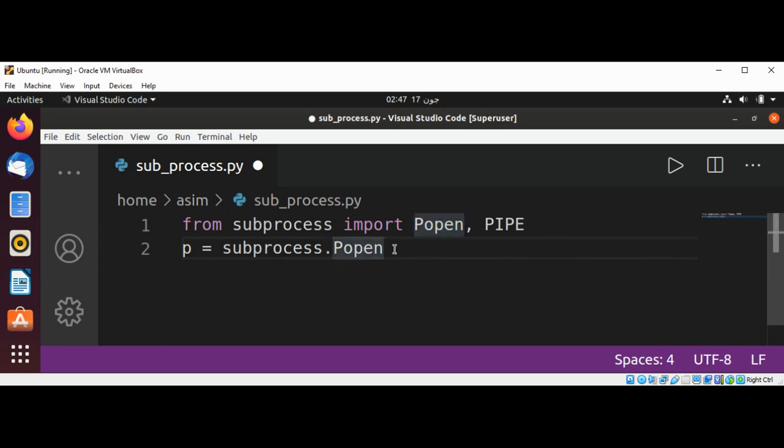and then we are going to pass in the command that will be to list the content of a directory. ls and then -l, and we will set standard out to pipe,